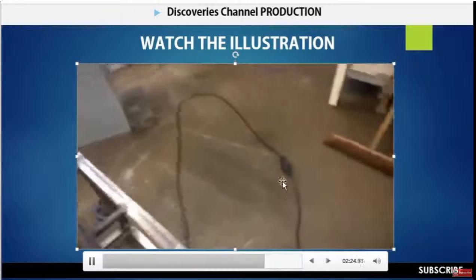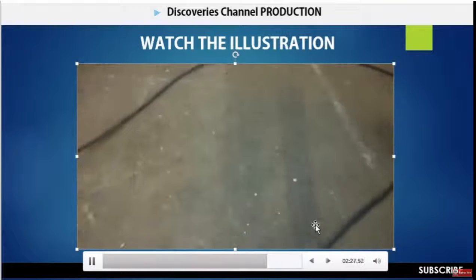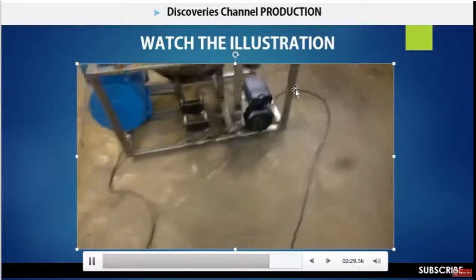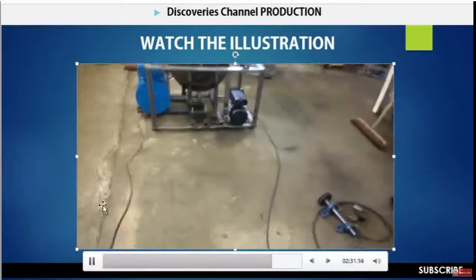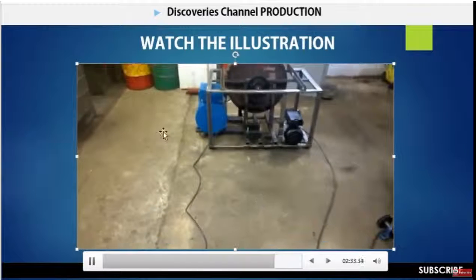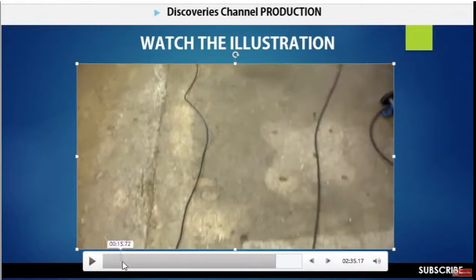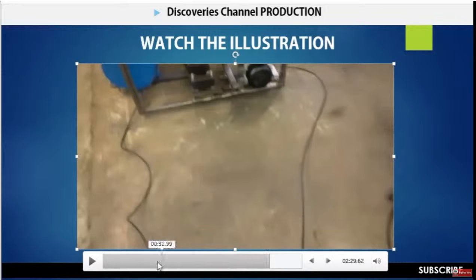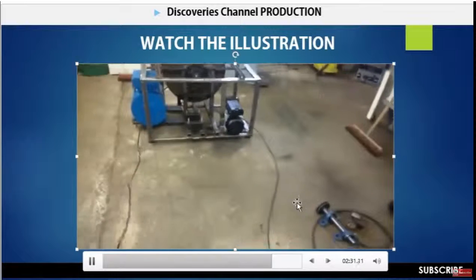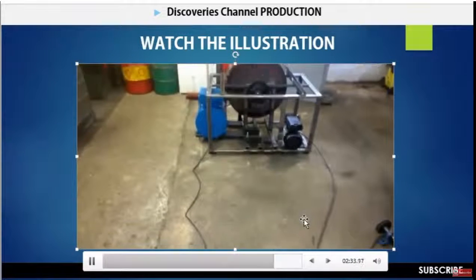See the cable here is linked now. As you can see, the cable is linked. See the cable now, it's not connected to the wall. This is a cable from the electric motor. This is a cable from the generator. Let me take a look back here so you can see something. This is a cable from the electric motor, and this is a cable from the generator. The two of them are now joined together. As you can see, two of them are now coming here to join together.